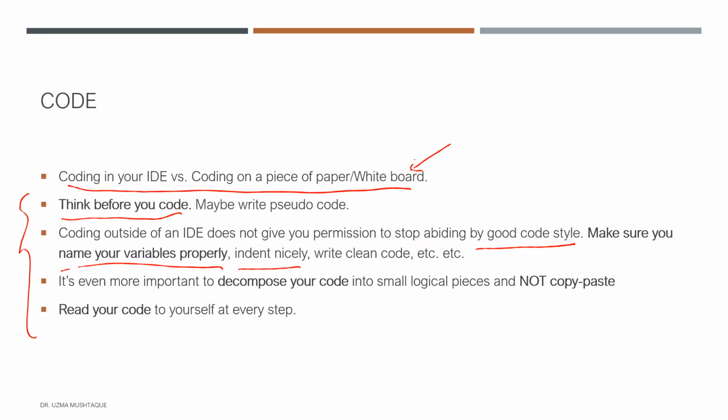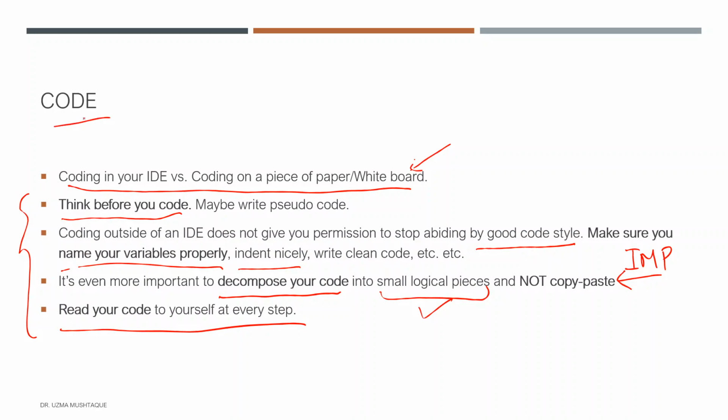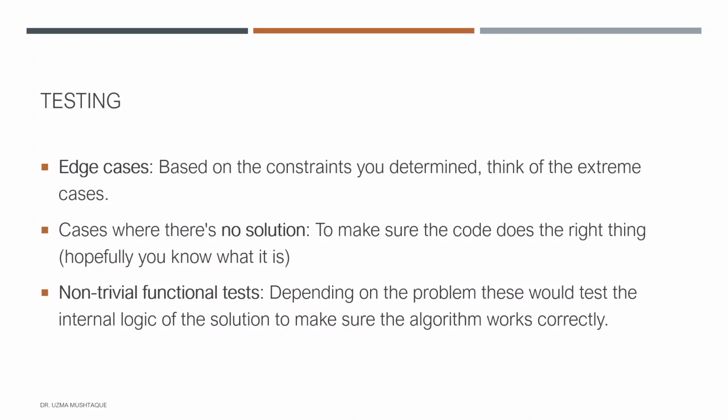Even when you're writing the pseudocode, indent it so that you do not run into issues when you're converting it to actual code. And most important point, and I'd rather emphasize this point, if the problem is big, break it down, decompose it into smaller logical pieces. We'll see a lot of illustration of this, but this is, I would say, the most important step of all when you're writing your code. Read your code to yourself at every step so that you can minimize any sort of errors. And obviously, we'll see this in more detail because as we move forward in the course, we'll actually write Python code while solving problems.